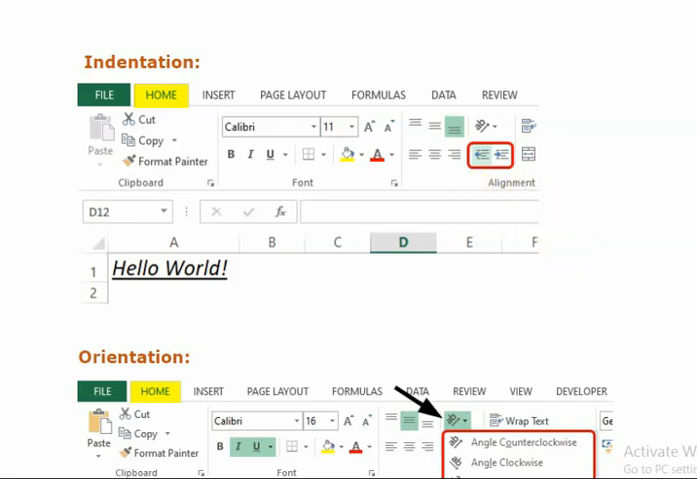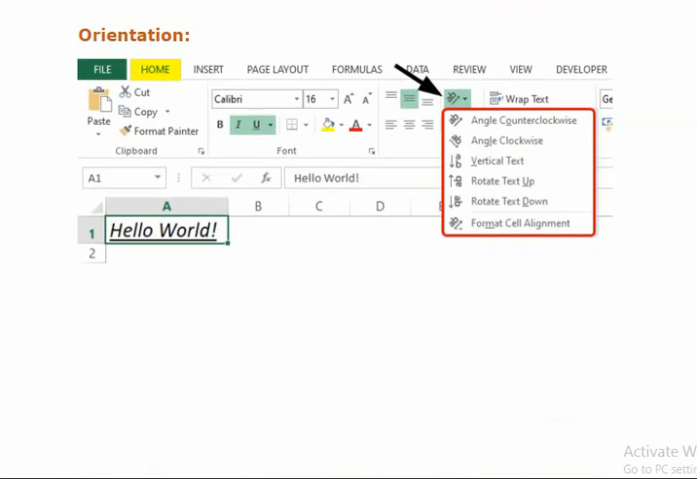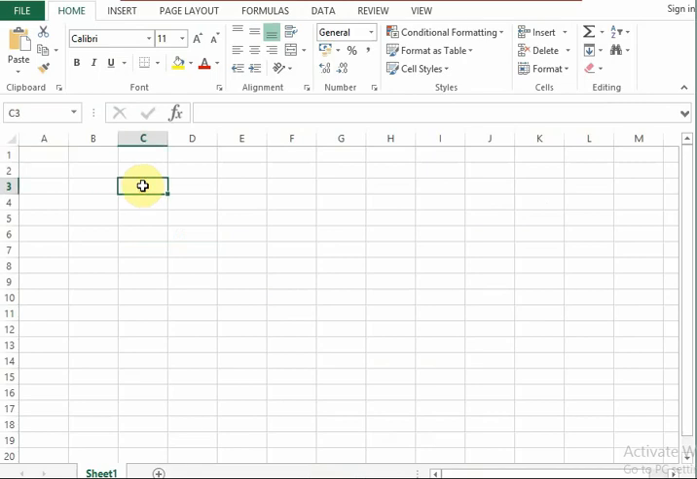Orientation. Now certain times when designing tables we need to type certain sentences vertically. In that case you can use this orientation drop down menu, and you can select whatever option is preferred. Right now I'll type here Sussex College